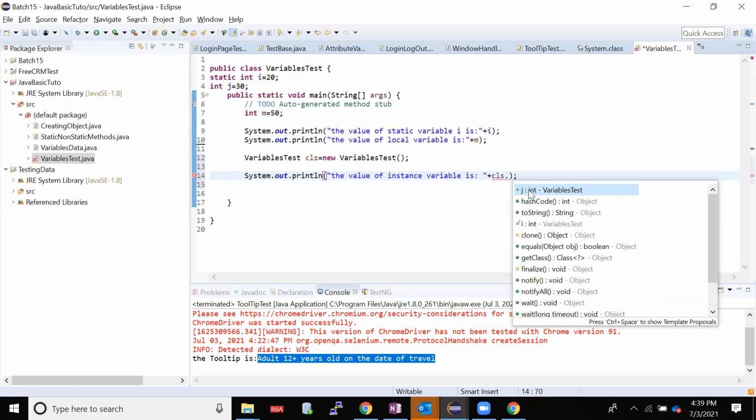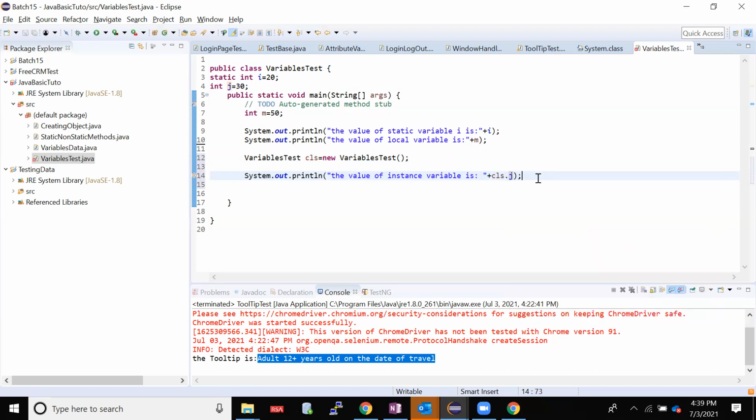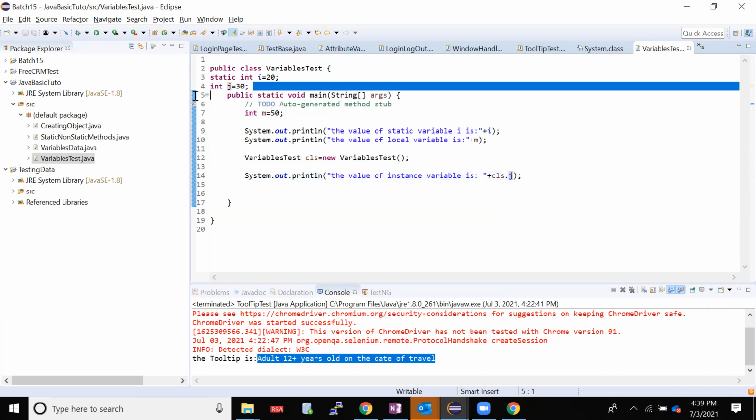See, I'm getting it as a suggestion. I can read j directly. If I have to read some instance variable, I have to create an object of that class, then only I can read it, because it was non-static and I have a static method here. I can't read non-static inside a static. I'll have to create an object for that, then only I can read.